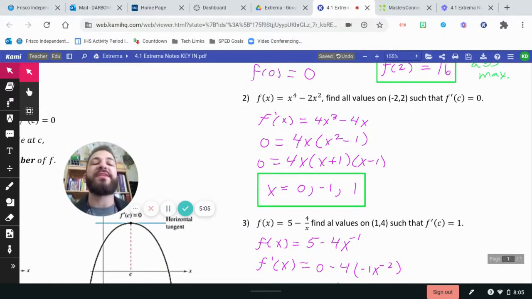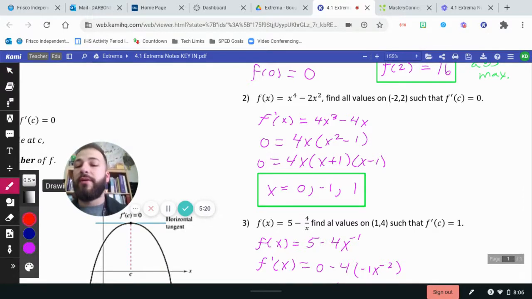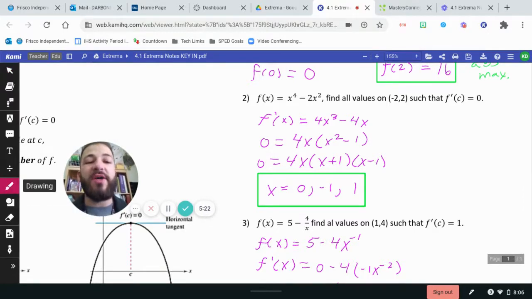All right, number 2, we wanted to find all the values on negative 2 to 2 such that f prime of c is equal to 0. Now, we don't always have to have this result to be able to find critical numbers. We can find critical numbers for any function by deriving it and setting it equal to 0 or finding when it's undefined. But I do just want to show you that if we were to plug this in,